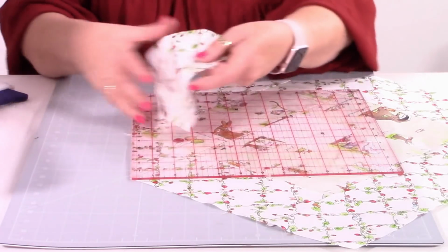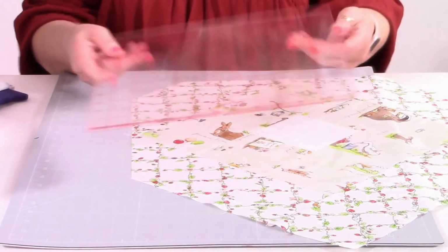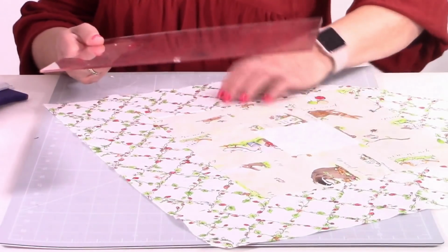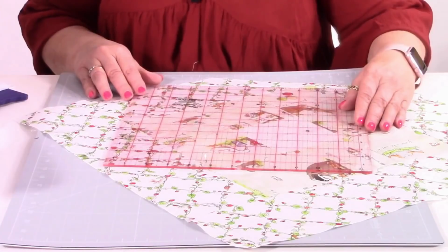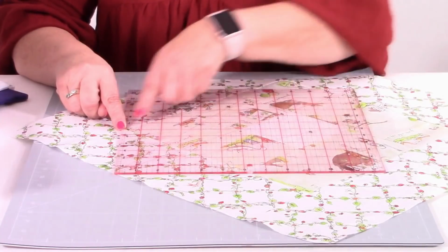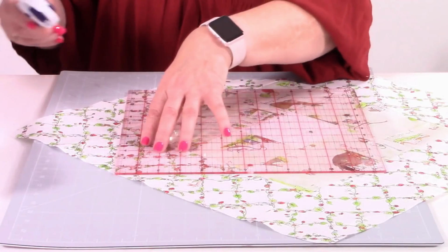Now don't think this is wasteful, because all of these pieces could be used on another project. I mean, they could be pieced together and make a little pouch or a bag, so don't worry about that. Sometimes with patchwork there is a lot of waste, but the end result is so worth it. So again, I've got my 1/4 inch line there. I'm just lining up my 6 inch line, going all through those points, and I'm going to cut again